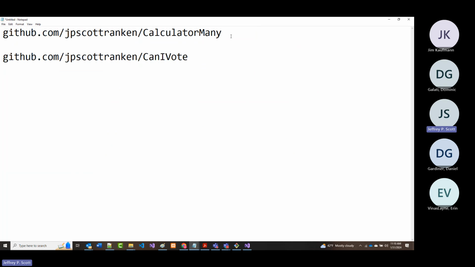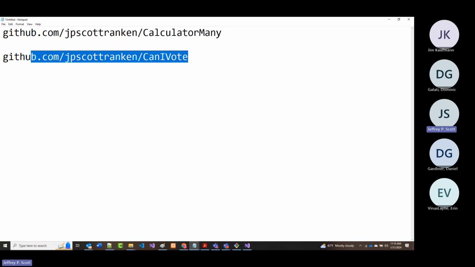This one's already there. Calculator Many. But I will have the Can I Vote out there later today, and it'll have 3 versions. The one version that we did first, the simplest version with the if statements, the one we just completed that has the exception handling, and then finally I'll combine the exception handling and do it,